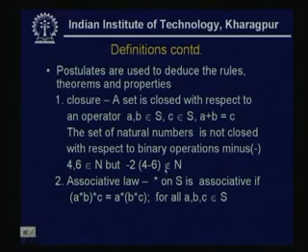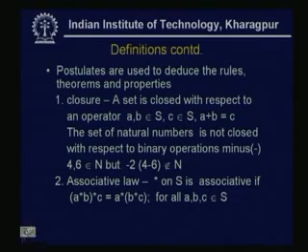So, the natural numbers N with respect to the binary operation minus is not closed. The closure property does not hold if we take the operator as binary minus. If we take the operator binary plus, then see,